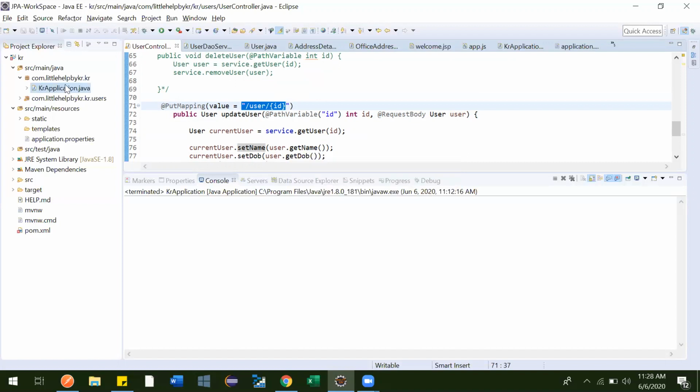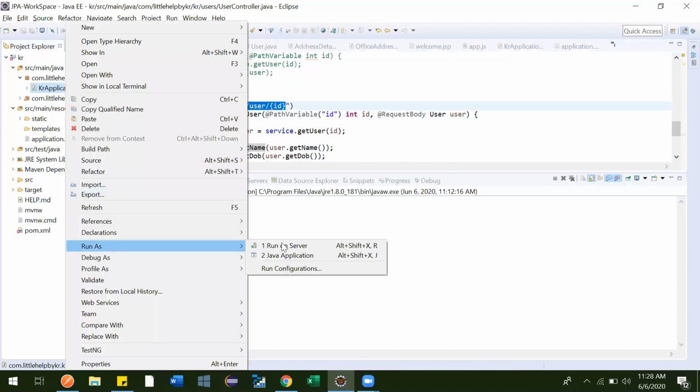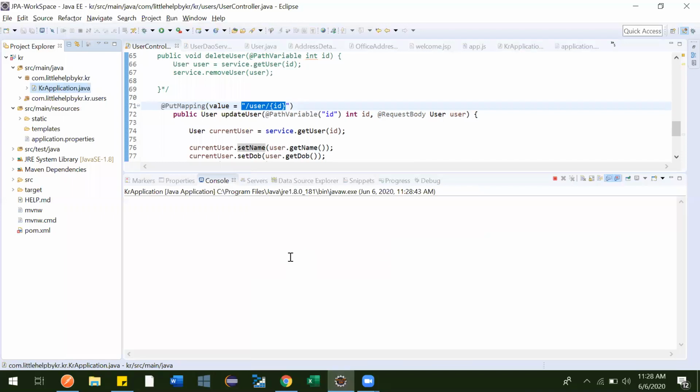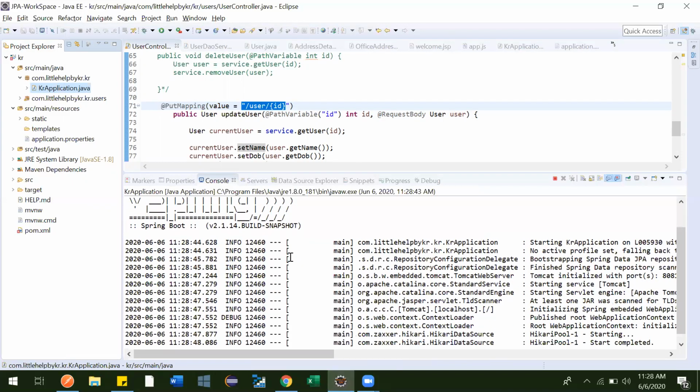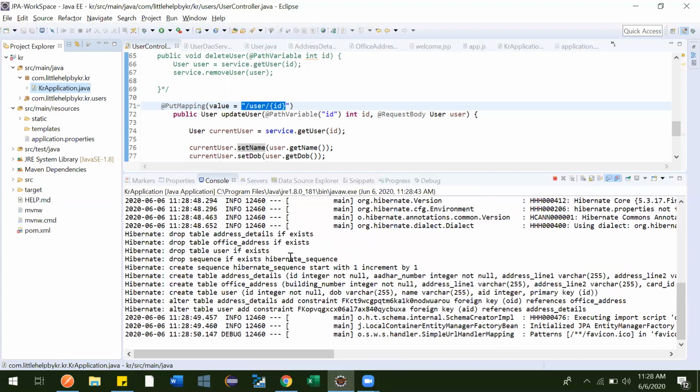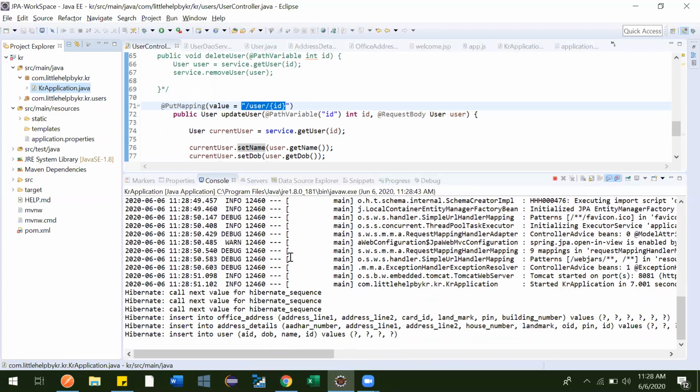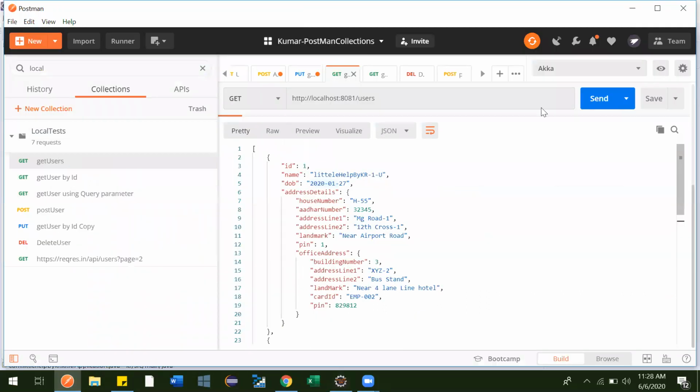Now let me start this Spring Boot application. It will get started. Perfect. Now we'll see how many users there are. We have one user, and the name of that user is Little Help by KR dash one.